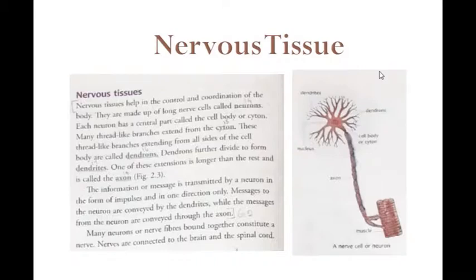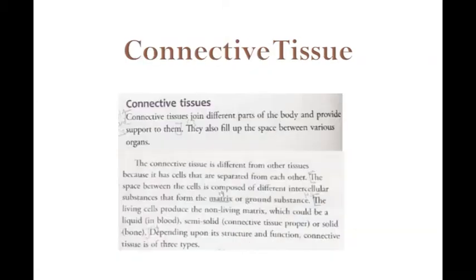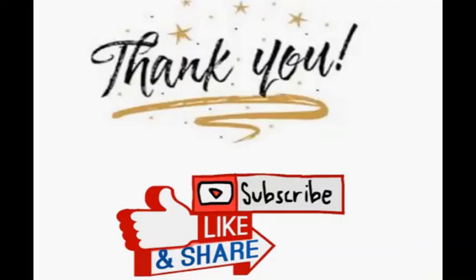Connective tissue. Connective tissue joins different parts of the body and provides support to them. They also fill up the space between various organs. The connective tissue is different from other tissue because it has cells that are separated from